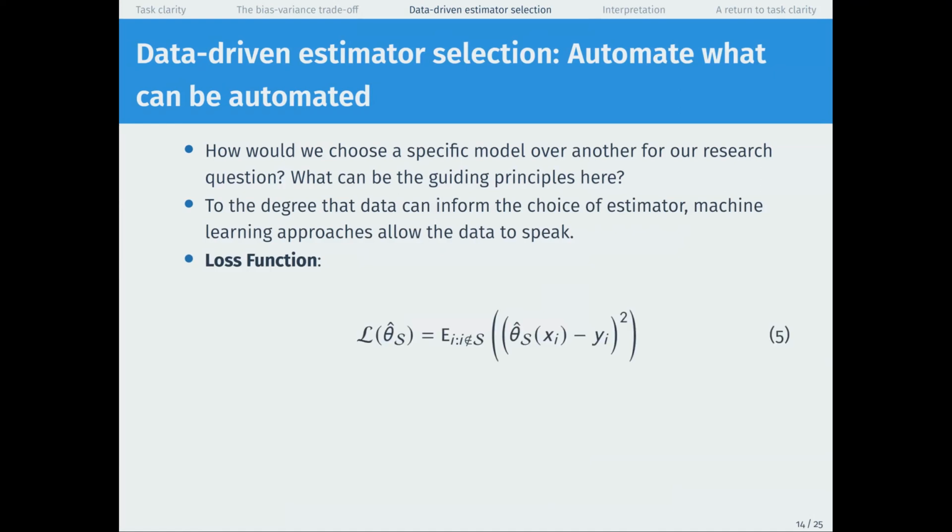This will again look a bit mathy, but I'll also say it in words. So a loss function measures how poorly a particular estimator is performing, or, on the converse, how well it's performing. So here the loss function is this script L of a particular estimate, theta hat S, which has been estimated in a sample S. This is like the training set of cases we used for learning our algorithm in the beginning.